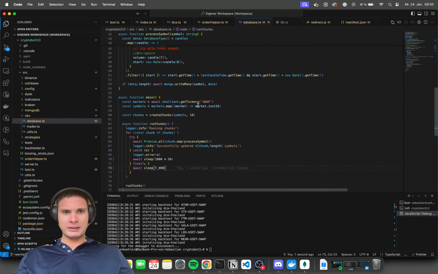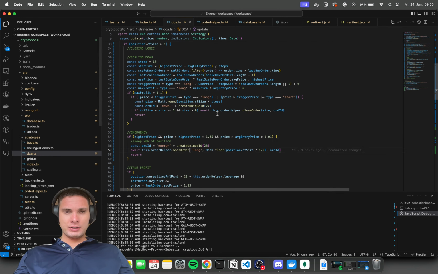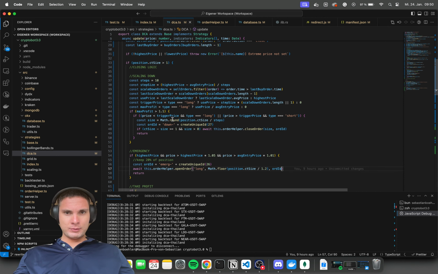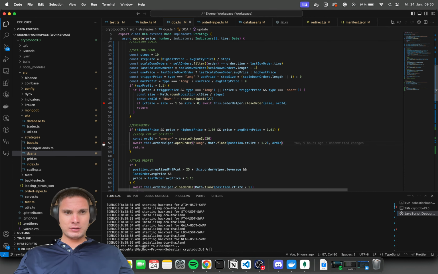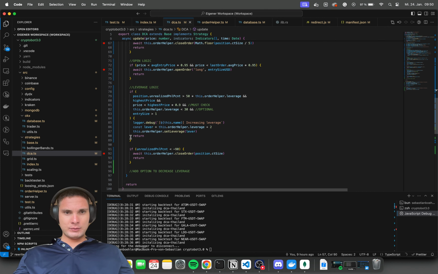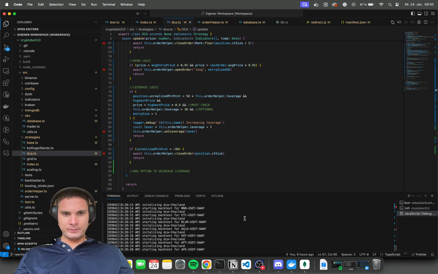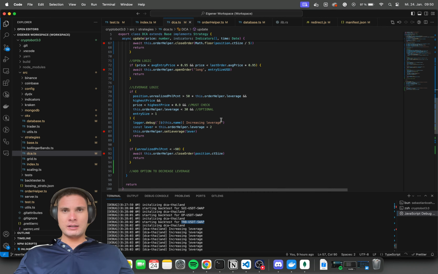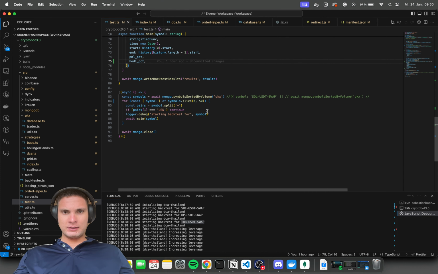But let's have a look at our backtester. That's the strategy I want to optimize, and for now confirm that all the triggers are working like I would expect, and especially the leverage one. Let's have a look. USDT swap trigger the increased leverage. So let's have a look at only the symbol